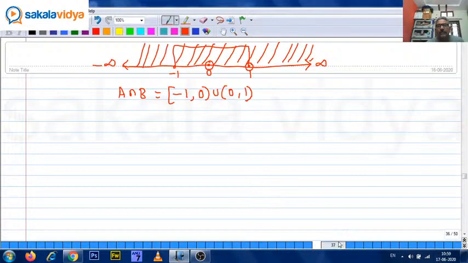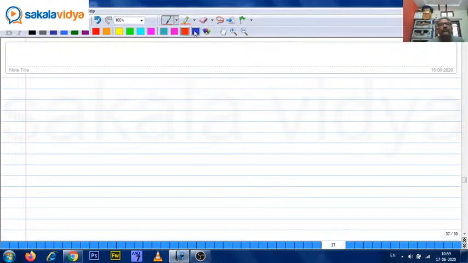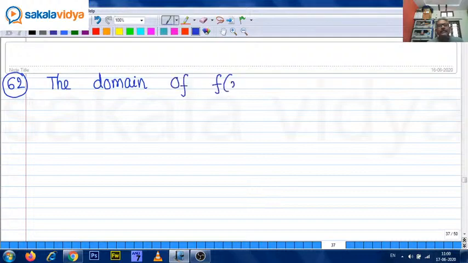62. The domain of f of x equals root of x square minus 4 mod x plus 3 is